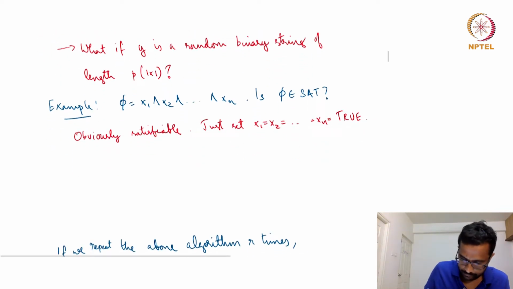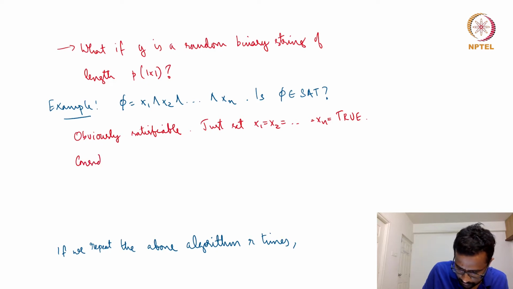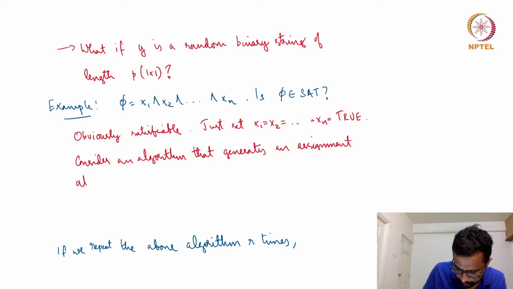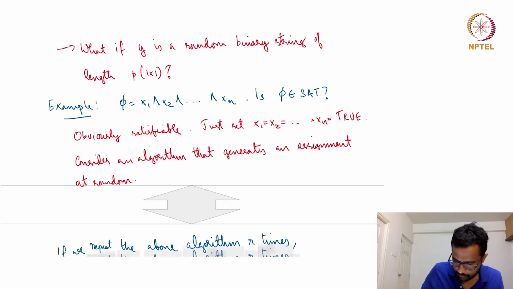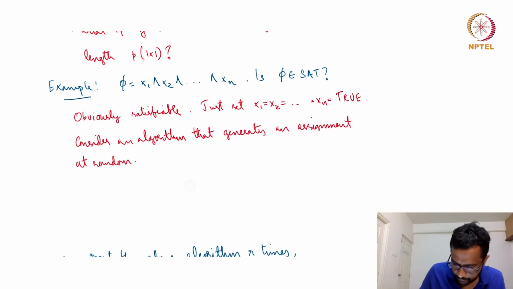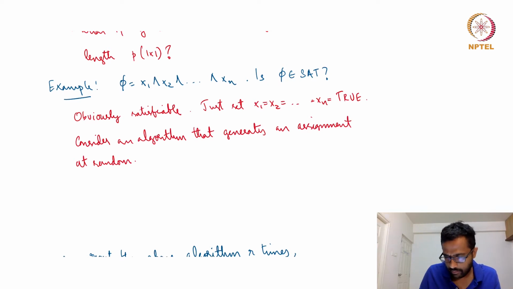So consider an algorithm that generates an assignment at random. Okay, so the algorithm is very simple. It generates an assignment at random, and let's say the assignment is alpha, and then